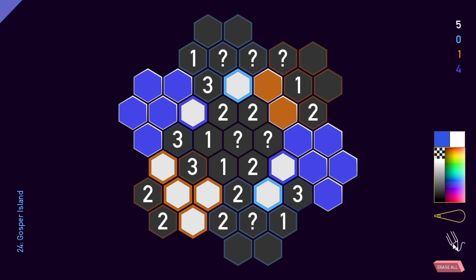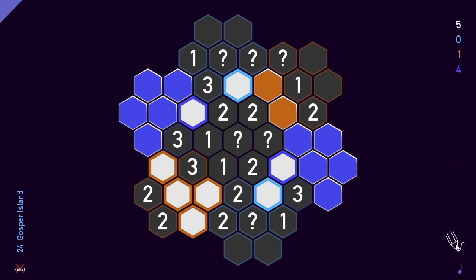So if both of these are used, one of those is used, and one of these is used, it goes down to 0. But if only one of those is used, one of those is used, and one of those is used, it's down to 1 instead. So it all depends. But wait a second, this 3